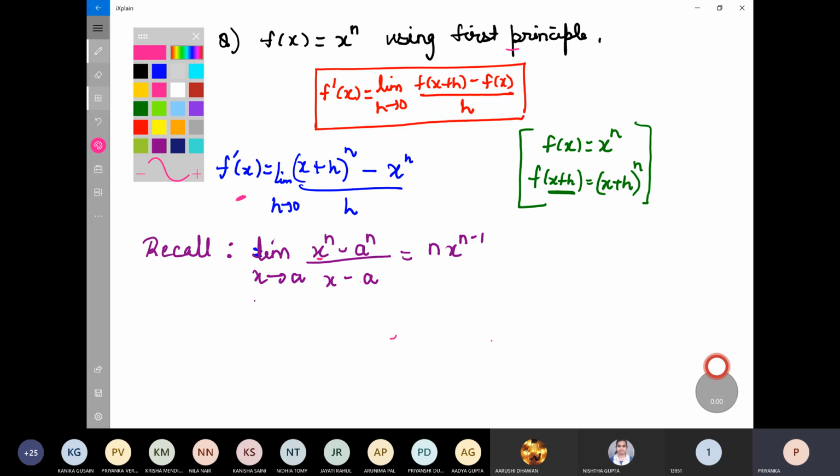Now as you can see here we have a single x, तो यहाँ पर दो टर्म्स आ रहे हैं, तो हम इसको सब्सटीट्यूट करके निकाल सकते हैं। सो आई कैन राइट x plus h as y. So if I substitute this into my function, it will become y to the power n minus x की जगह पर भी y के टर्म्स में सब्सटीट्यूट करना, x तो एज इट इज रेज टू पावर n है तो ये रख लेंगे, नीचे h को सब्सटीट्यूट करेंगे इन टर्म्स ऑफ y एंड x, तो ये हो जाएगा यहाँ से y minus x।